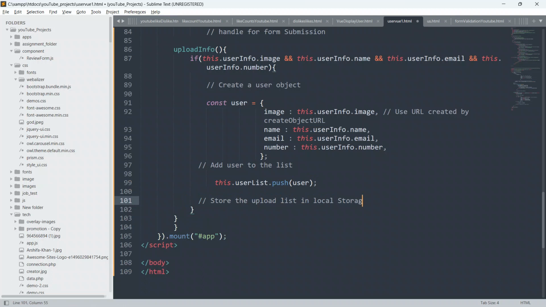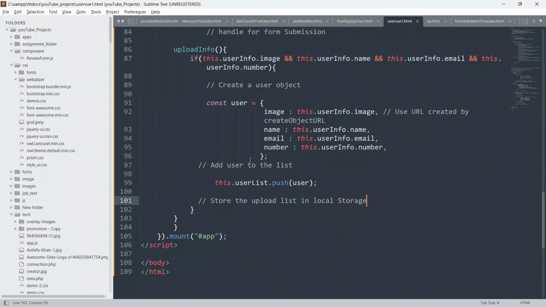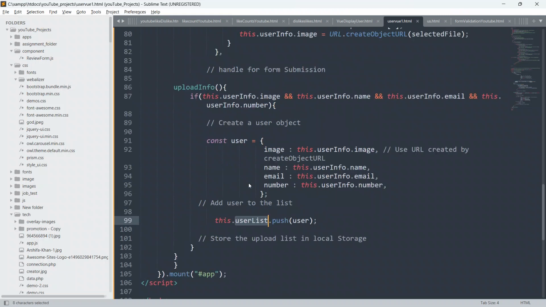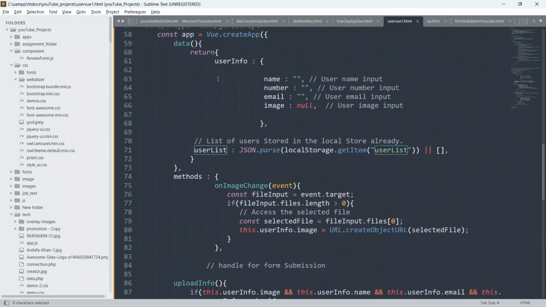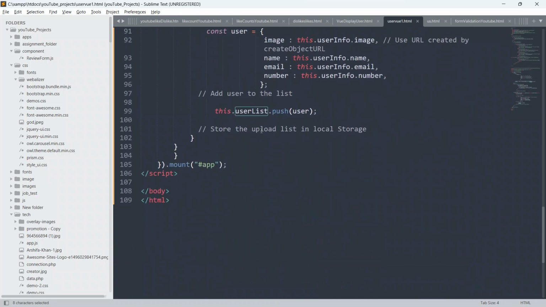Whatever the user has entered, name, number, email or image, we are grabbing it and storing it here into this userList array. We are also storing the uploaded information, or list, to the local storage.